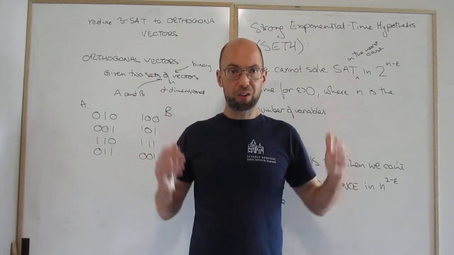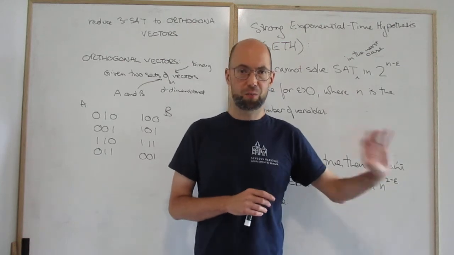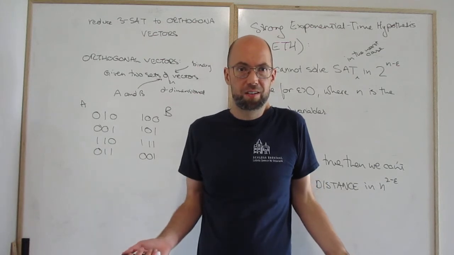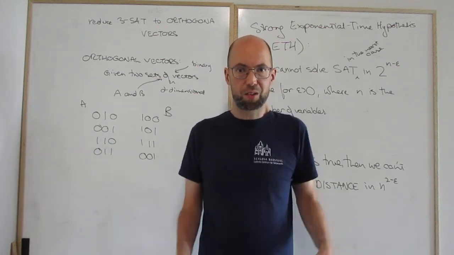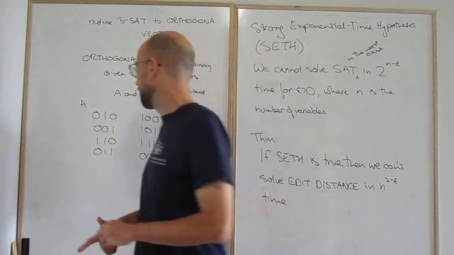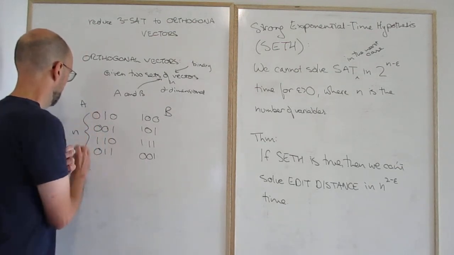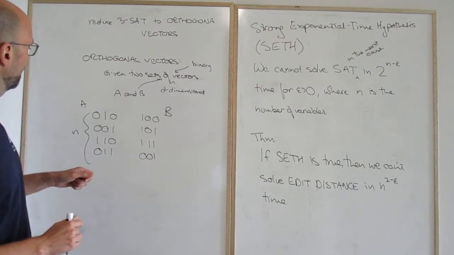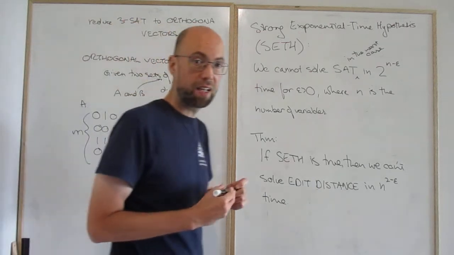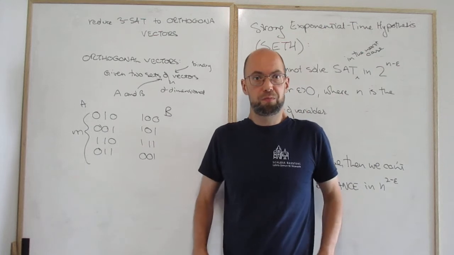Okay, how long would it take us to do this? Ignore D for the moment, since it's small, it's polylogarithmic. Roughly, how long would this take? Could you write an algorithm that does this in polynomial time? So let's say that there are m vectors in A and m vectors in B. How long would it take?